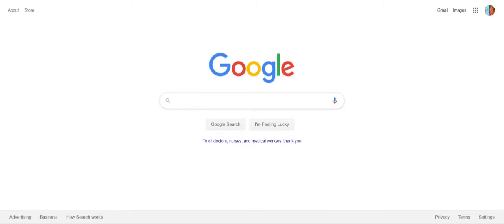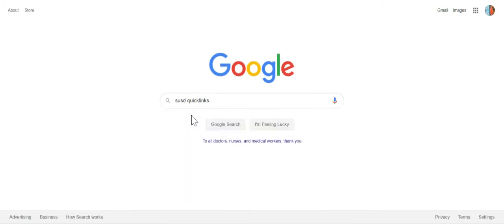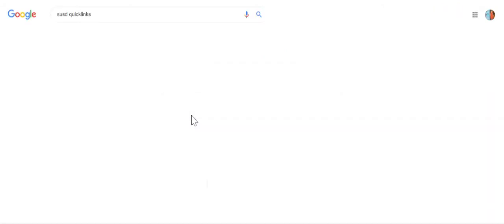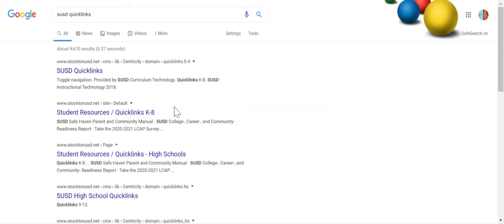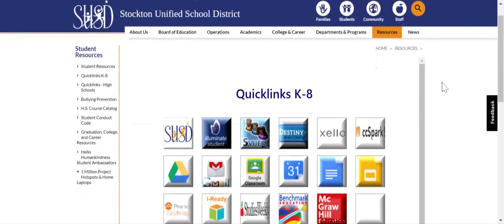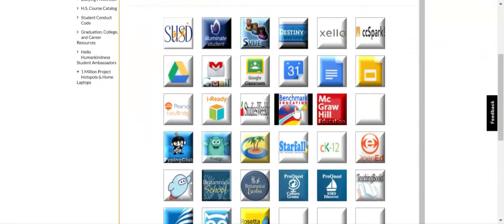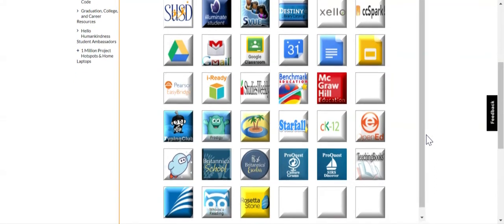This page will be the biggest help for you guys as we learn to navigate all of the school's resources. This is our Stockton Unified Quick Links page. I will post a link to it in our Class Dojo so that you guys can access it, but it has all sorts of things that your kids will be using. They will recognize some of these icons such as this one or this one. We use those in class, and I will be doing other videos to teach you guys how to do those from home. But for today, I wanted to start with SORA, which is our online